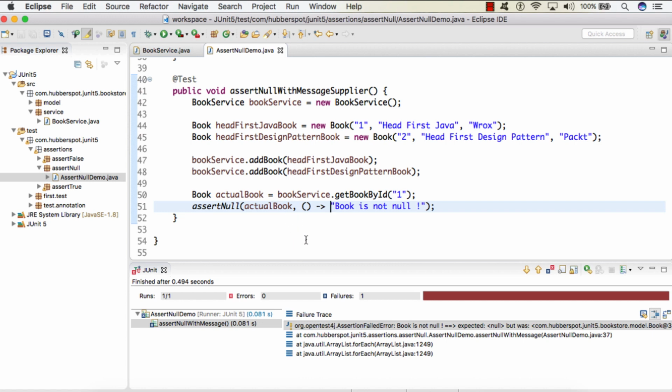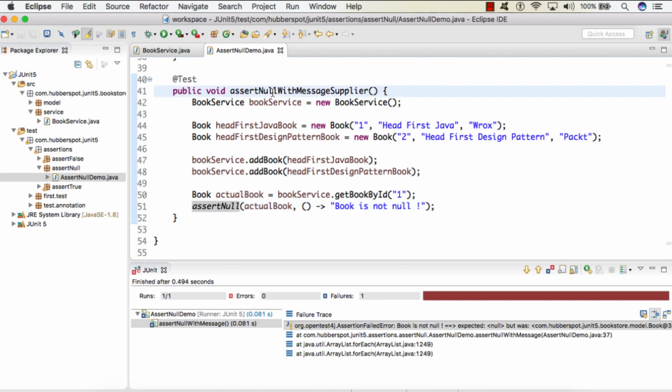Whenever the test case fails, this Supplier functional interface will provide us a customized message. The only advantage here is that this Supplier functional interface lazily gets evaluated only when the test case fails. If it doesn't fail, this functional interface never gets evaluated.